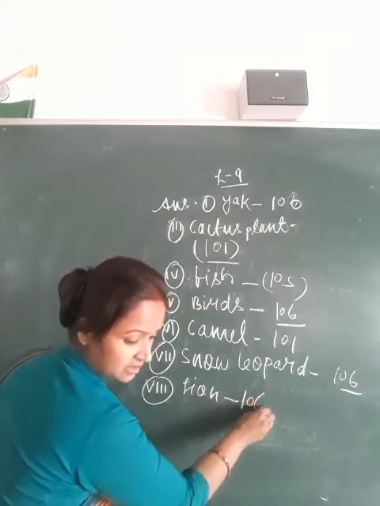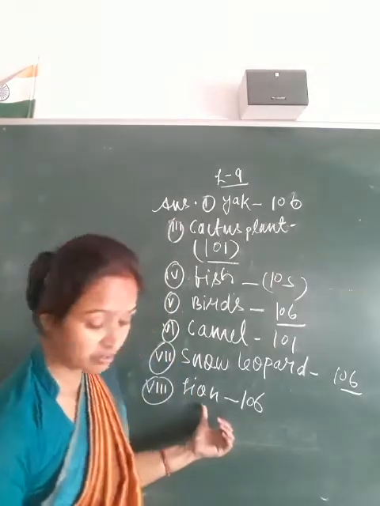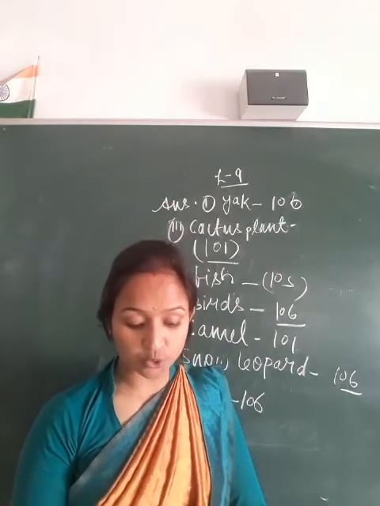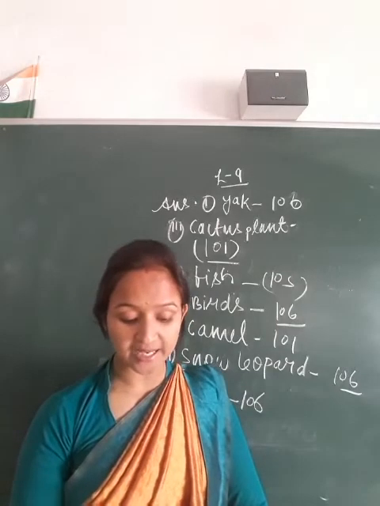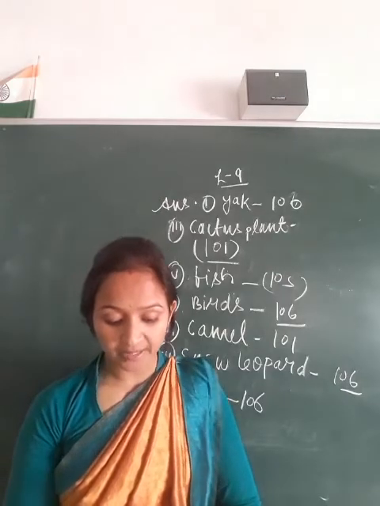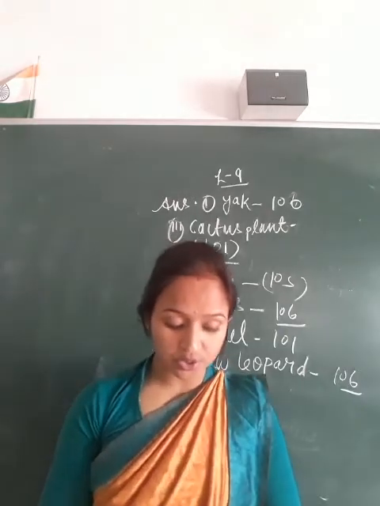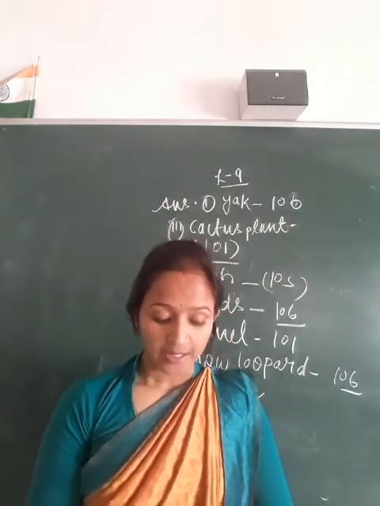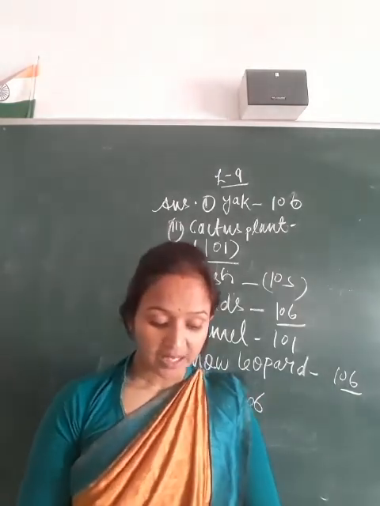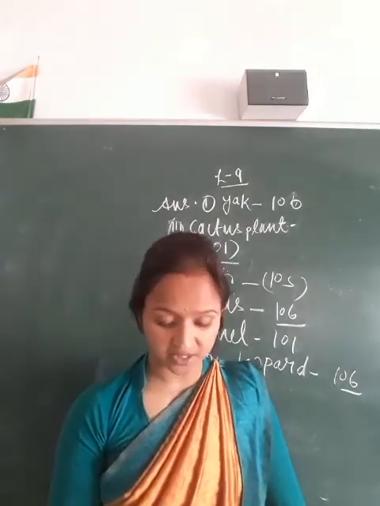Page number 106. What features make a lion a good predator? You have to write: eyes in front of the face. This allows it to get a correct idea about the distance and location of its prey, and it has sharp teeth and long claws in its front legs, and the claws can be withdrawn inside the toes, and its light brown color helps it to hide in the dry grasslands when it hunts for prey. Till here you have to write. It is given on page number 106.